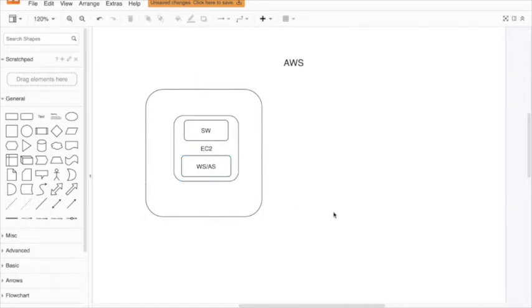Then we write our programs and deploy them in the web application. So these programs now provide services for the requests we receive over the web.